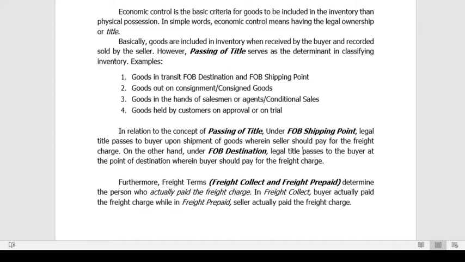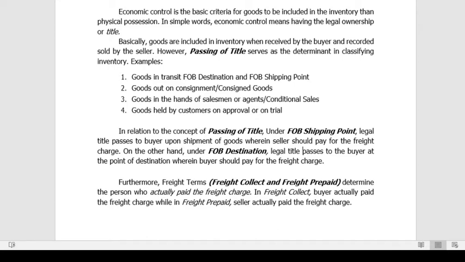Next, on the other hand, under FOB destination, legal title passes to the buyer at the point of destination wherein the buyer should pay for the freight charge. So, magkabaliktad naman sila under FOB destination. So, remember, kapag FOB shipping point, the ownership during when the inventory is in transit rests on the seller. Kapag FOB destination naman, when the items are in transit, the legal title or the ownership